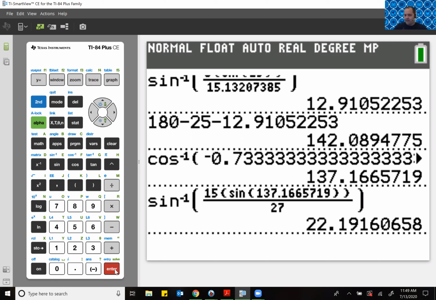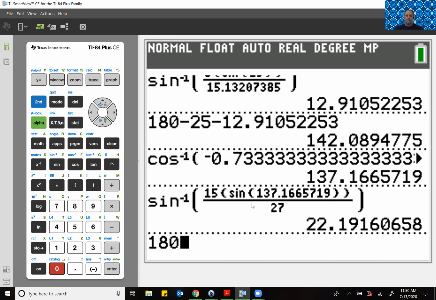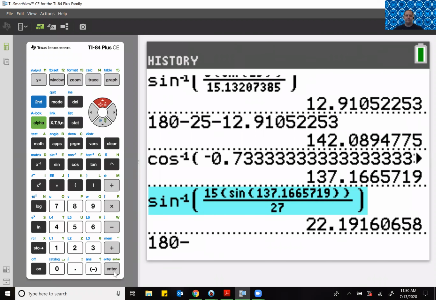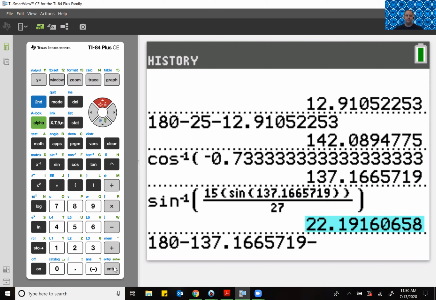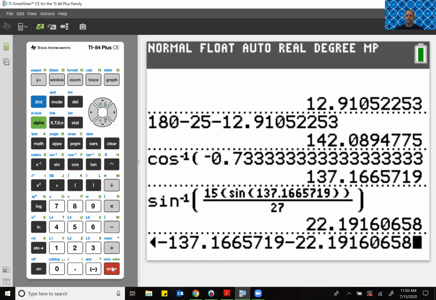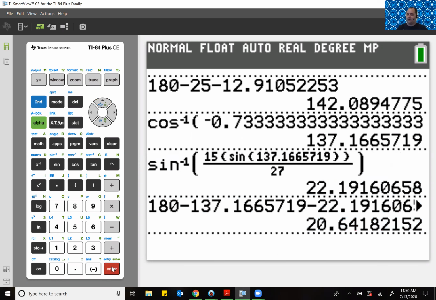And again, I'm going to write down this angle because to find the last guy, I want to make sure it is as exact as possible. And just like before, to find the last angle, all we're going to do is take 180 minus these two angles. 180 minus the 137 minus the 22. And our final angle A,